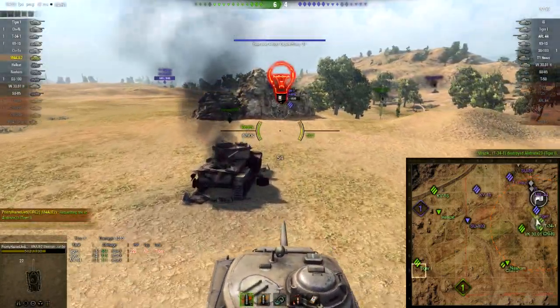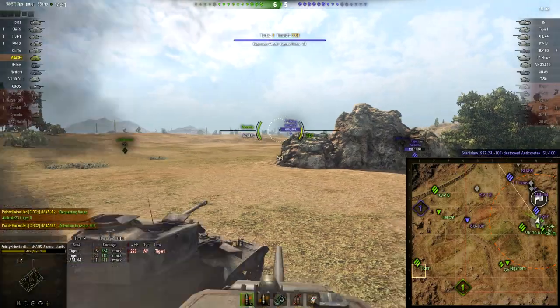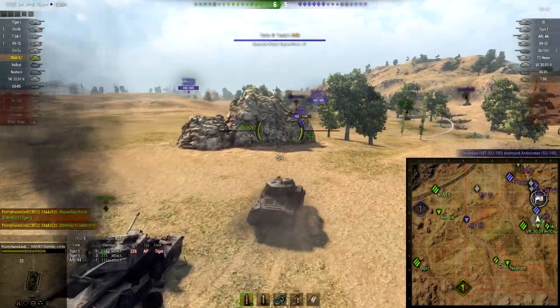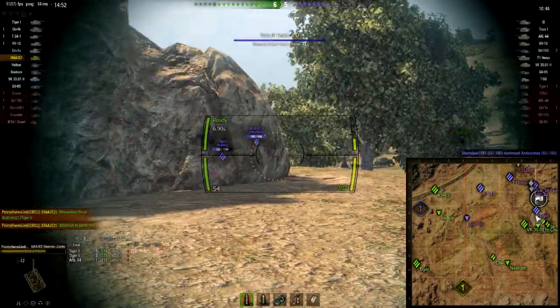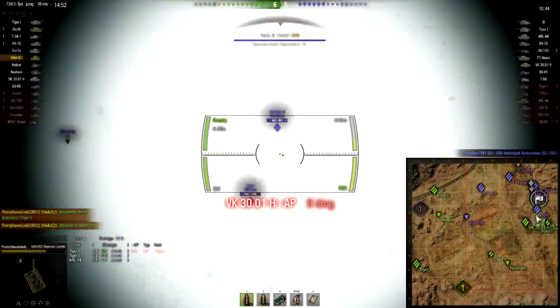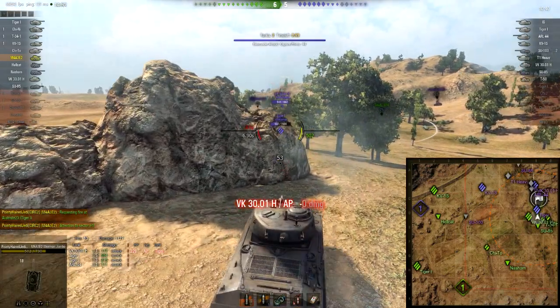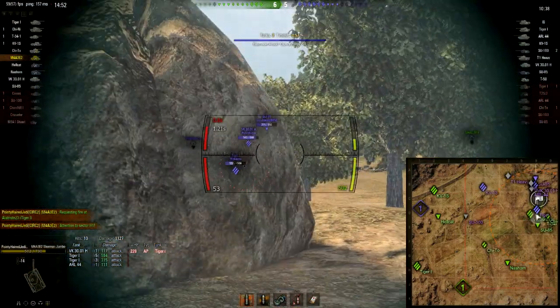Our Tiger 1, I think he's just gone AFK for a moment there, because look how far behind everyone else he is. Now there's 2 in the cap at this point. This is a strategy that should not really be working for the enemy team, but because our team is being a bit lackluster, frankly, yeah,